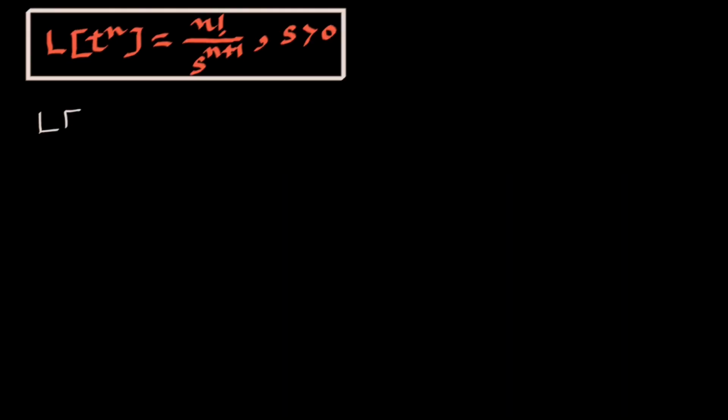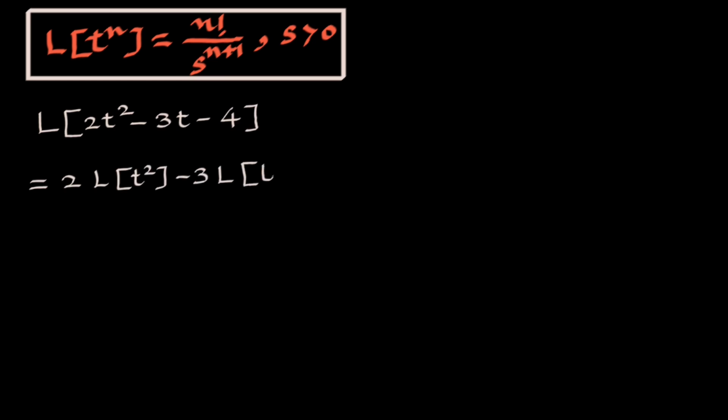Laplace transform of 2t square minus 3t minus 4. This is 2 Laplace transform of t square minus 3 Laplace transform of t raised to 1 minus 4 Laplace transform of t raised to 0. This is 2 into 2 factorial upon s raised to 2 plus 1, that is s cube, minus 3 into